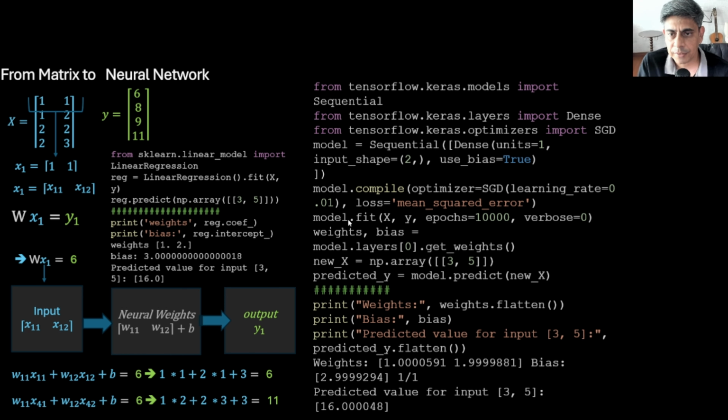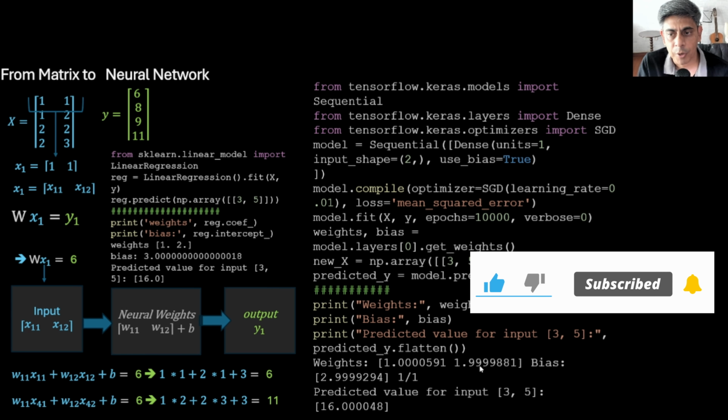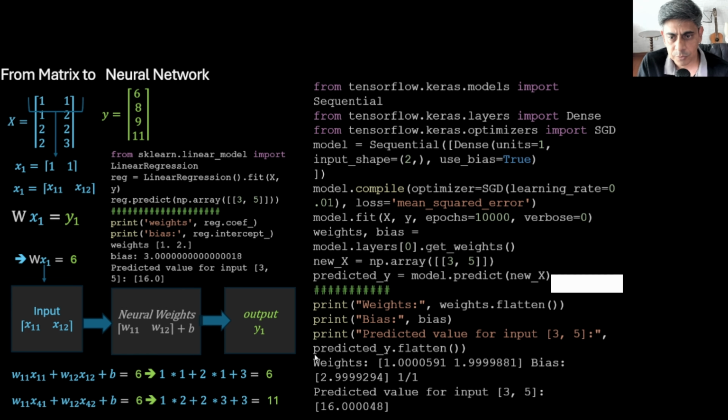After that, you are feeding the data. Model.fit. Same thing we had done. This is the model, then fit. Once this model is fitted with the data, you can inspect the weight by this equation, model.layer0 get weights, and then print this weight, and you see that the weights are 1, very close to 1.000591, it's almost 1, and 2, here also it is very close to 2, 1.9999. Then we wanted the bias, which is, you can see, 2.9998. Now we can also see whether it is doing the same prediction. Yes, given 3.5, it has predicted 16.0 here, same thing,